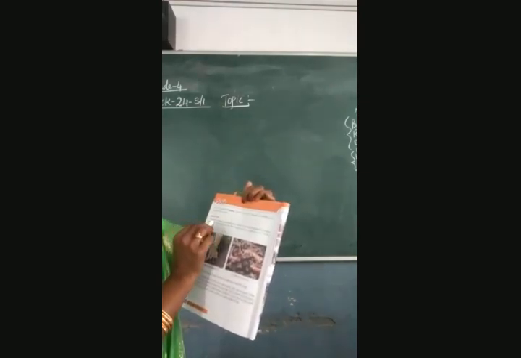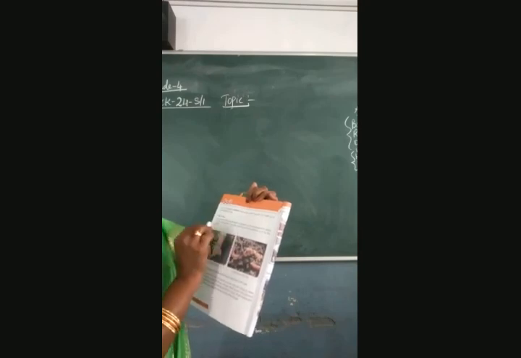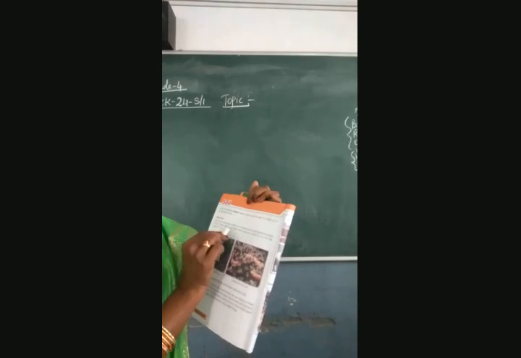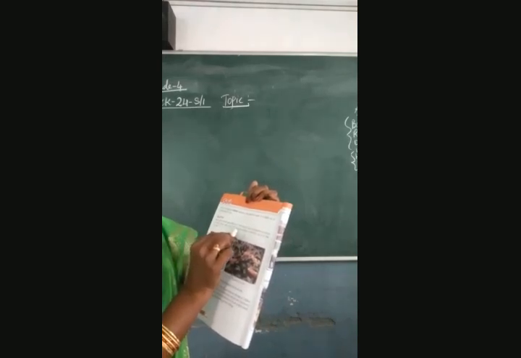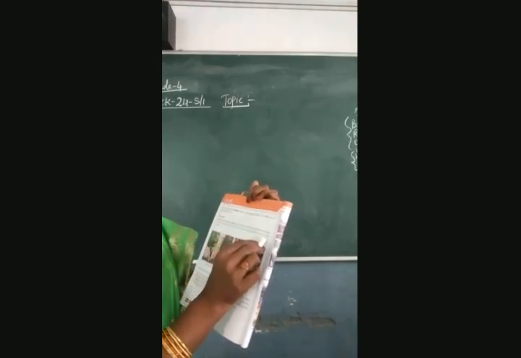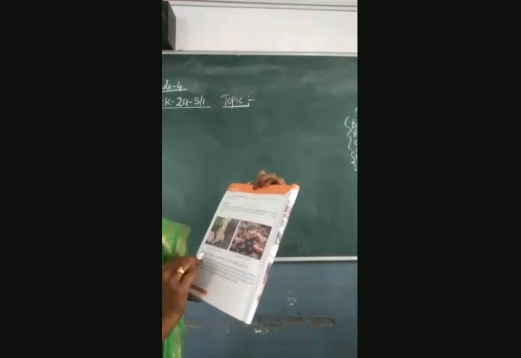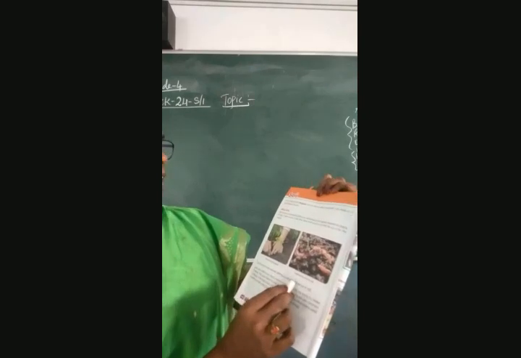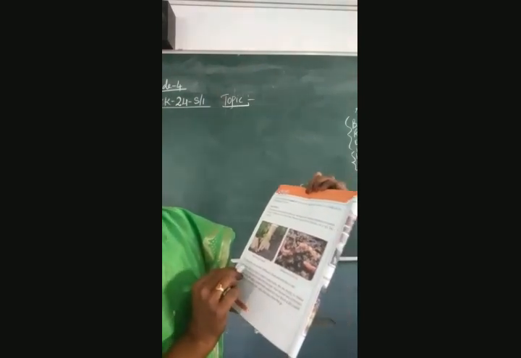Uses of soil. Plants cannot grow without soil. Animals and humans depend on plants for food. If there was no soil, then there would be no food for us or for the animals. Soil is home to many animals, right? Earthworms, snails and ants live in soil. Soil is also called mud.